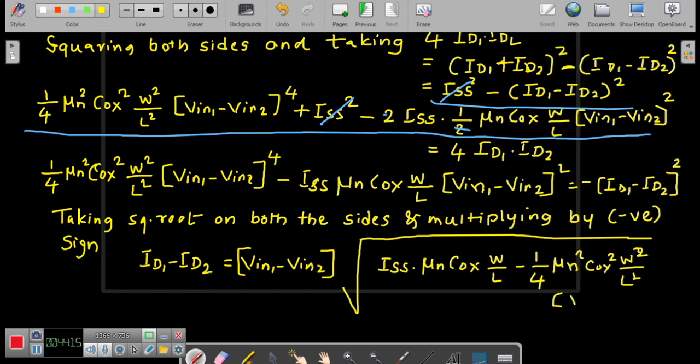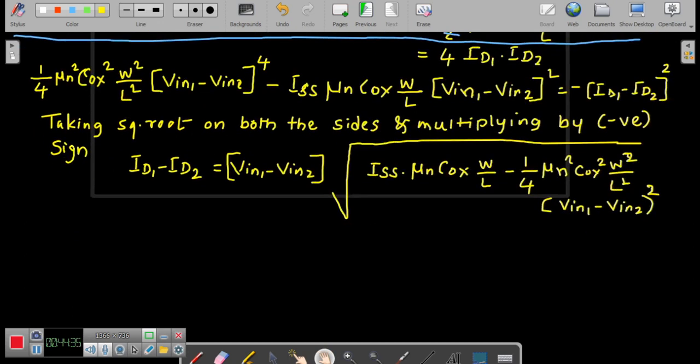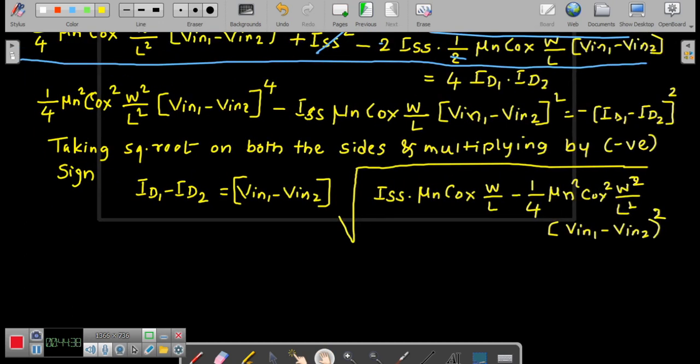V in 1 minus V in 2 to the power of 4 has become a square now, because I have taken V in 1 minus V in 2 square as the common term. So I have got here V in 1 minus V in 2 square only. Now if I further simplify this, I would get ID1 minus ID2 is equal to